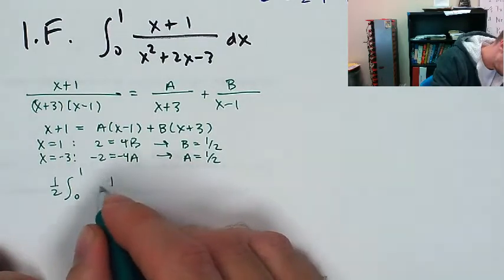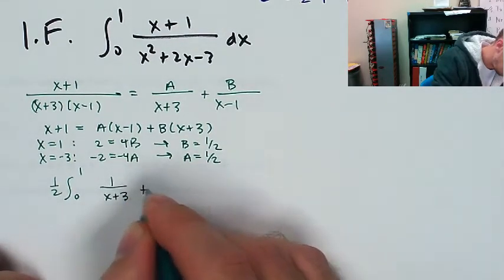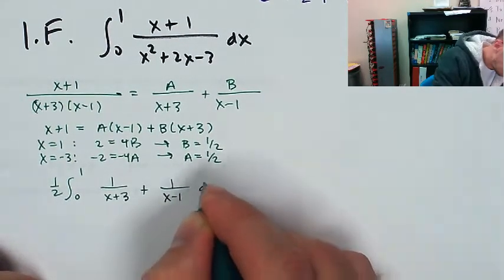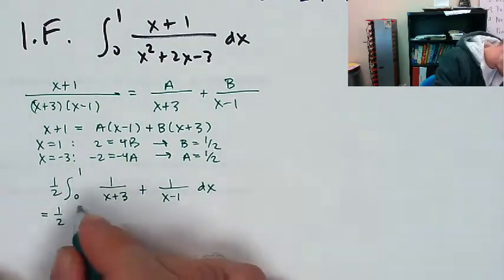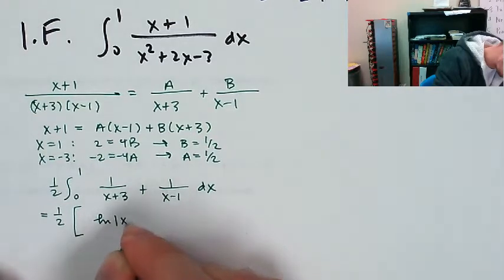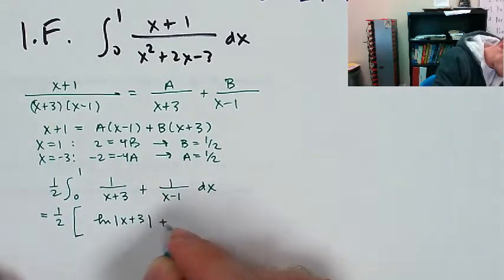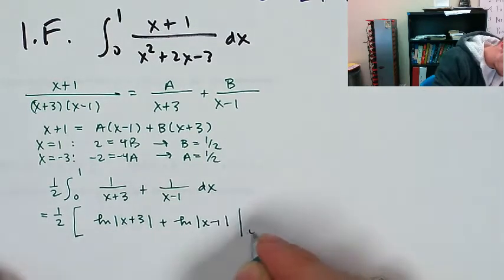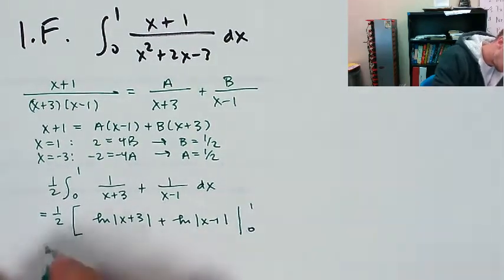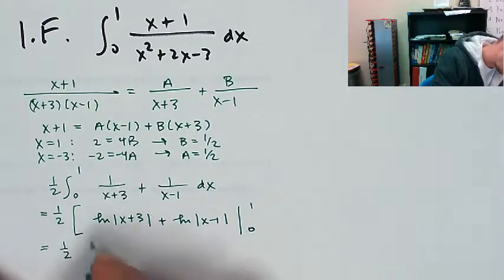So that would be 1 over x plus 3 plus 1 over x minus 1. Okay, anti-differentiate. X runs from 0 to 1. All right, so this is 1/2 of